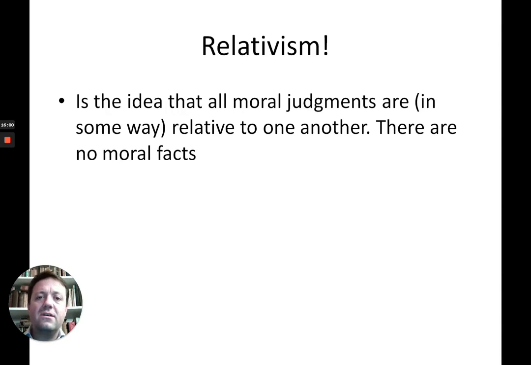But what you can't do is reason from the fact that there are many different moral systems to the thought that, because that is so, we should therefore tolerate all of them. Because from that you're saying all morality is relative, but the requirement that we tolerate all of them is actually an absolute judgment, not a relative one.